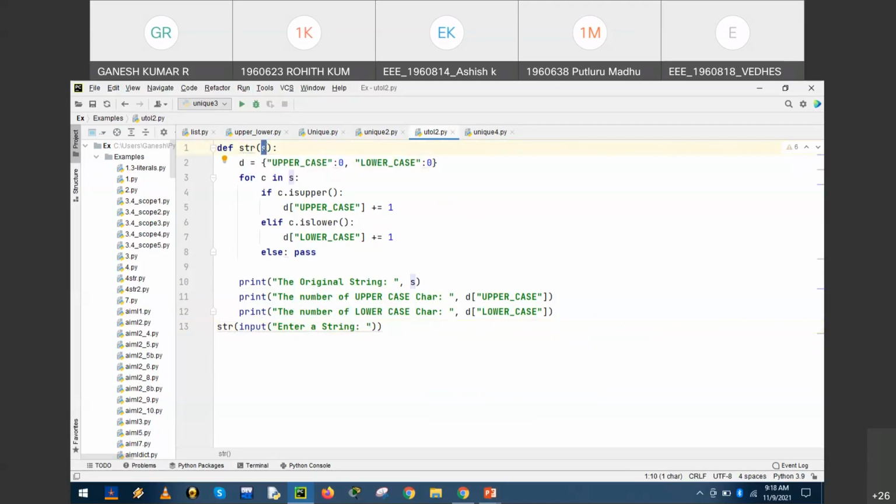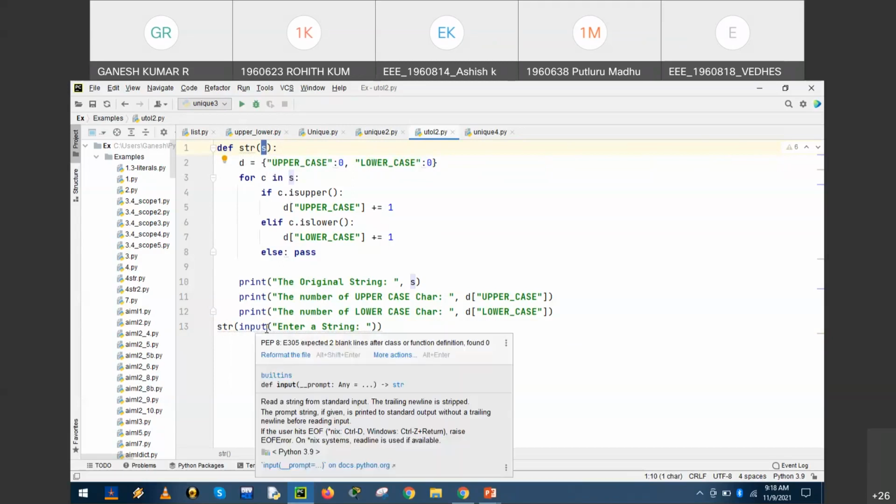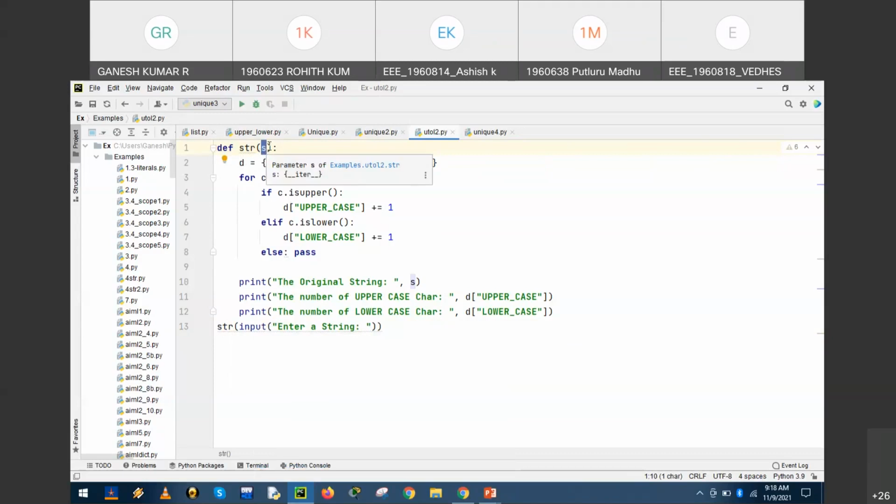We have defined a function with a parameter and check the uppercase and lowercase inside the function. We have also displayed the result. So this parameter should get a value input by the caller. So str, a function, is called here, and input is supplied to the parameter. The argument, enter the string, in the form of the input function is supplied. This argument will supply a string to the original function, and accordingly they are calculated.